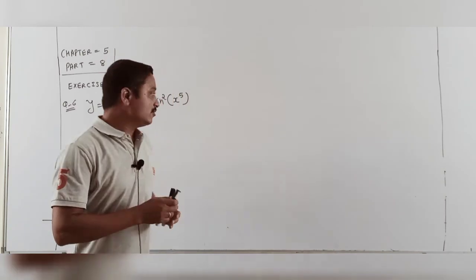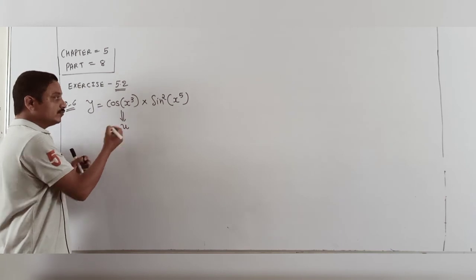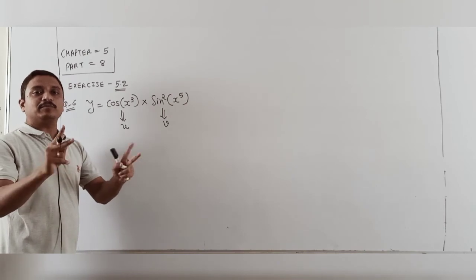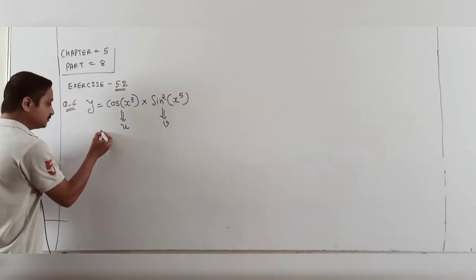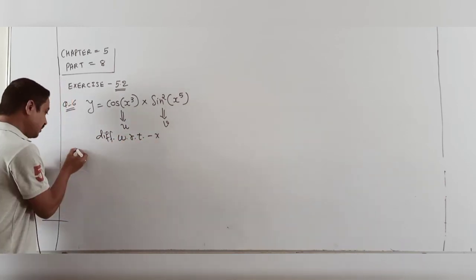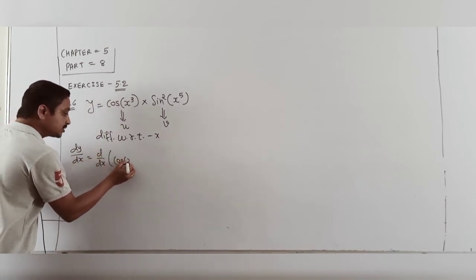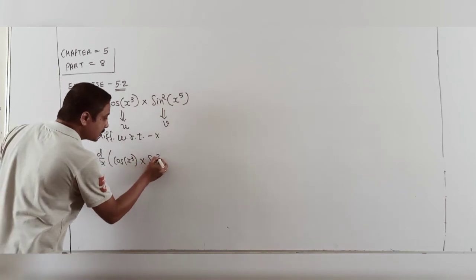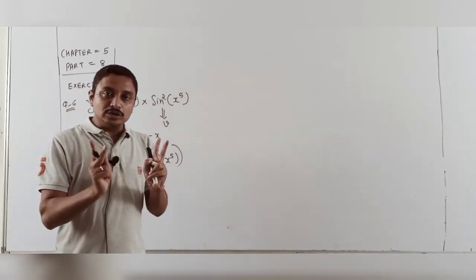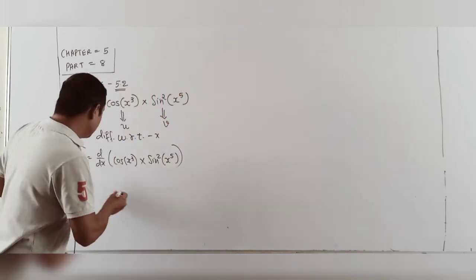Okay, yes. Now I am going to question number 6. There are two values. One is cos x cube, which I consider u, and sin square x raised to 5, which I consider v, and both apply the product rule. So differentiation with respect to x. So dy by dx. Students, here d dx of our whole data, cos x cube into sin square x raised to 5, I just apply in both places only u into v. It means the product rule.